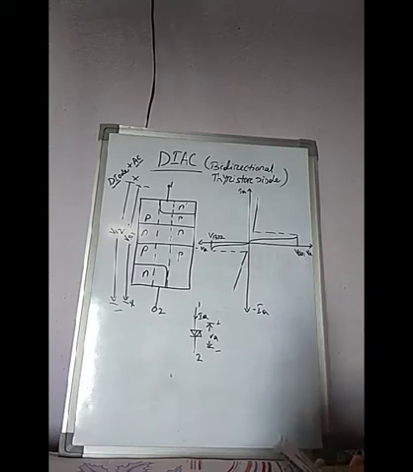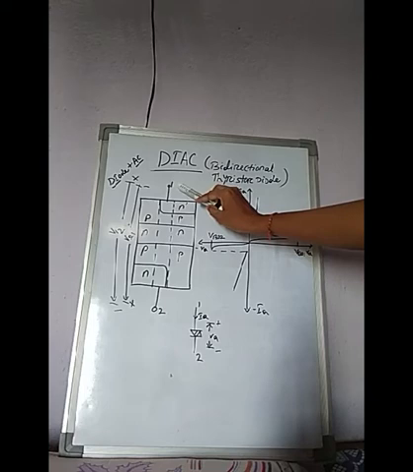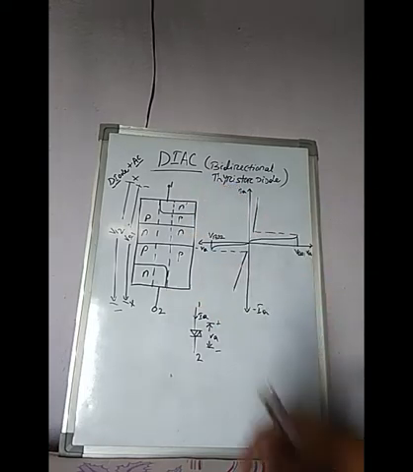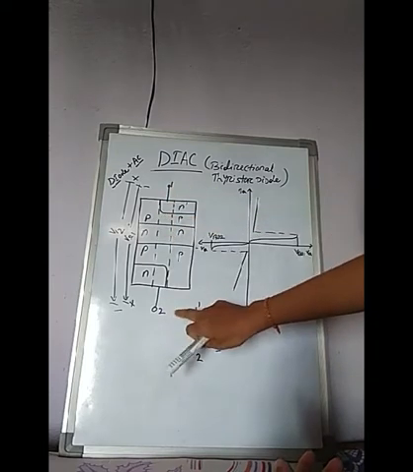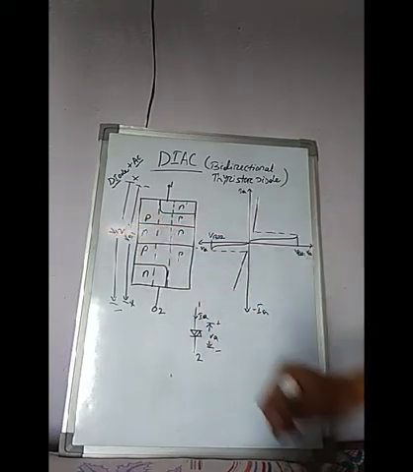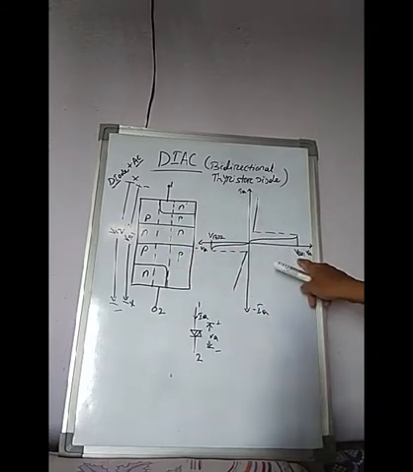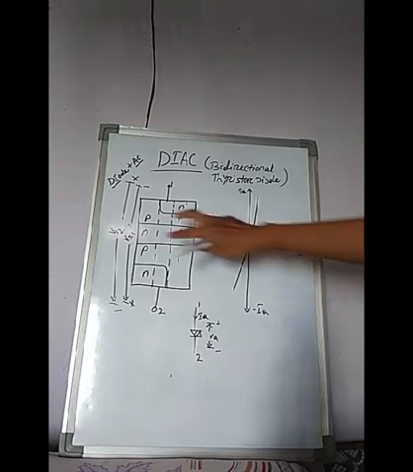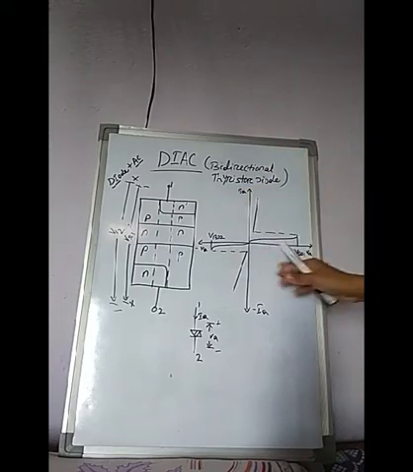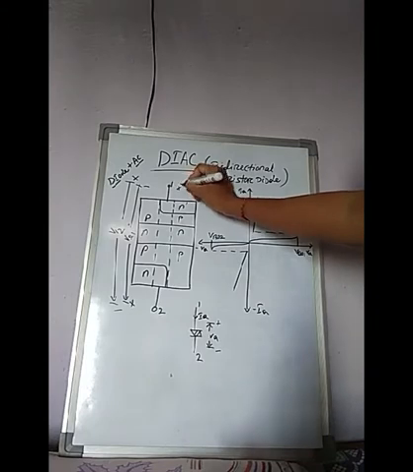So what happens? Let's see. When voltage V12 is applied with terminal 1 positive and 2 negative, and if we increase this voltage V12, and when this increasing amount of voltage exceeds the breakover voltage level, that is VB1, then the structure, see, this is positive and this is negative.